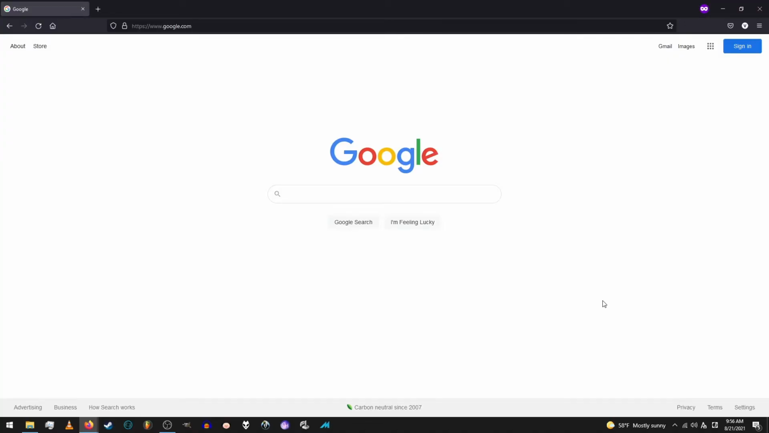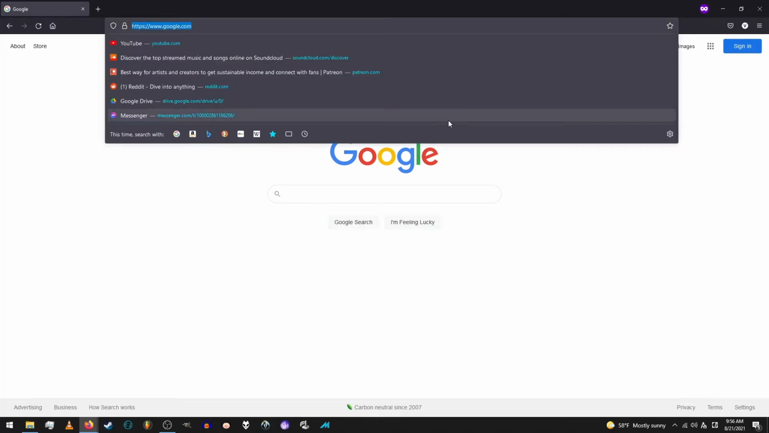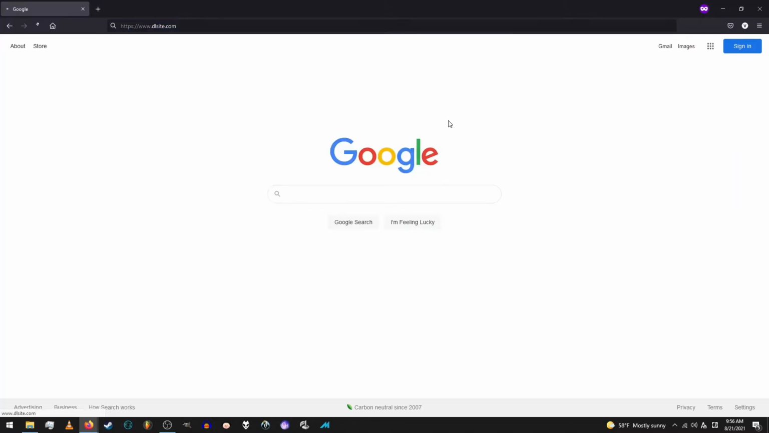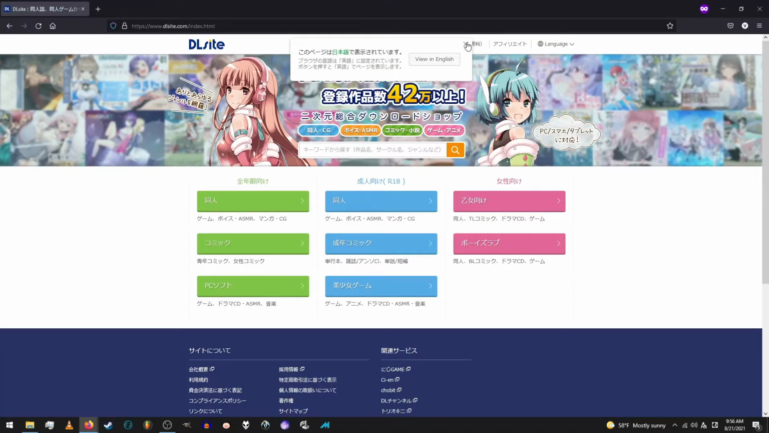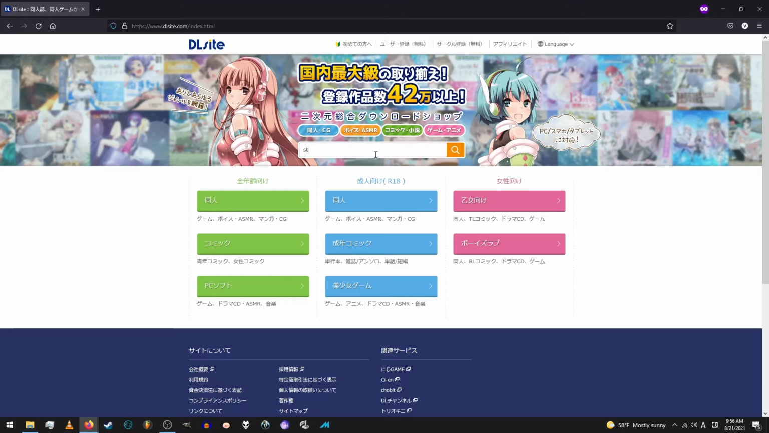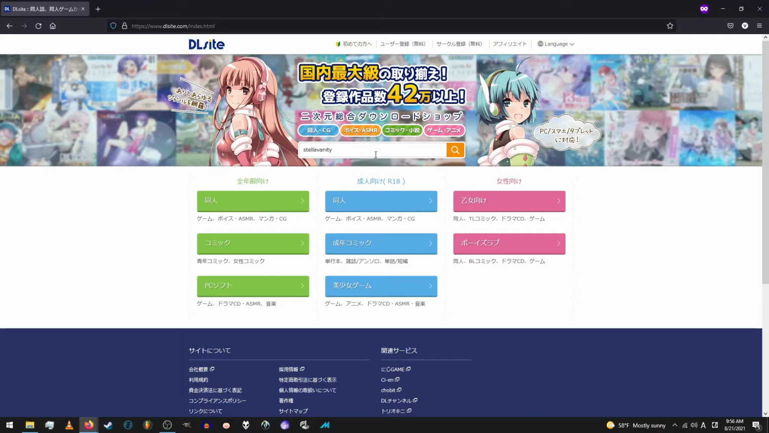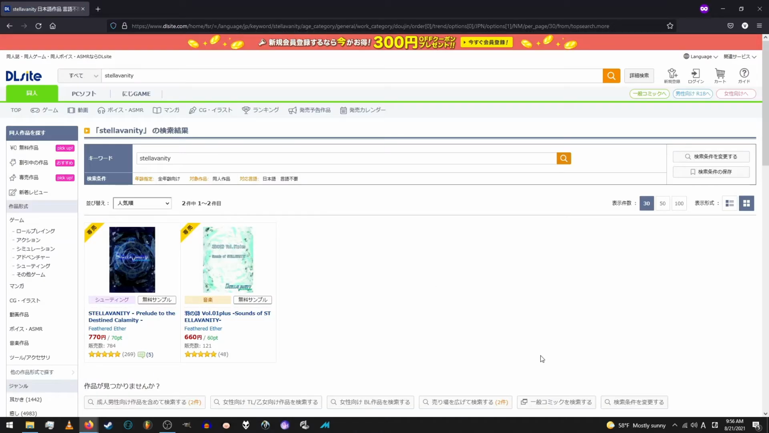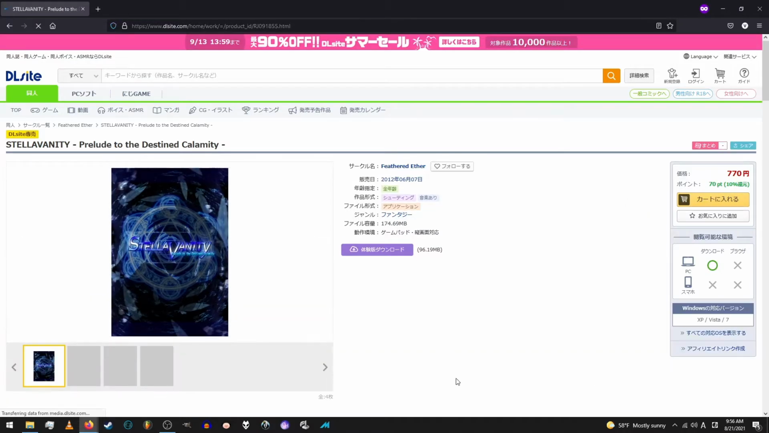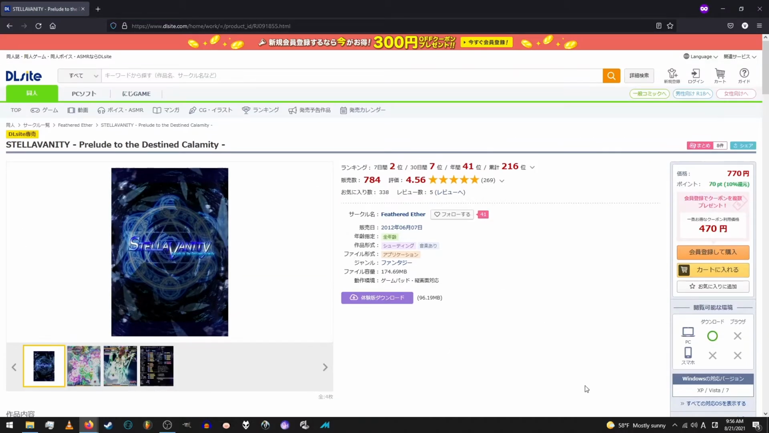Alright, so you're going to want to go to your favorite web browser, and we're just going to go up top and type in dlsite.com. And here you're going to be greeted with this. You don't even need to view it in English. Just type in StellaVanity right here. Hit search. You're going to want to go to this result, the all ages results, and here's the game right here. You can get the soundtrack if you'd like as well,